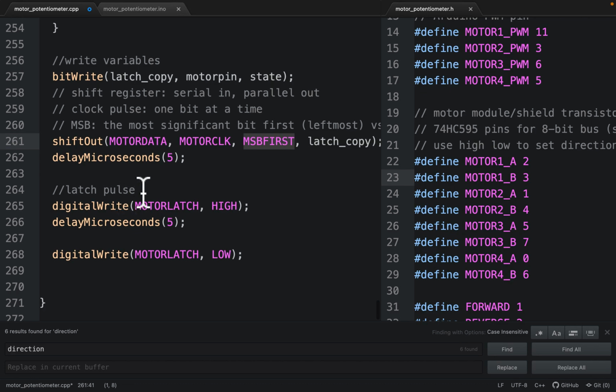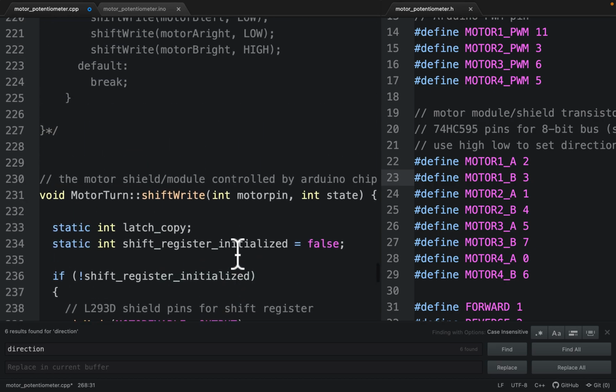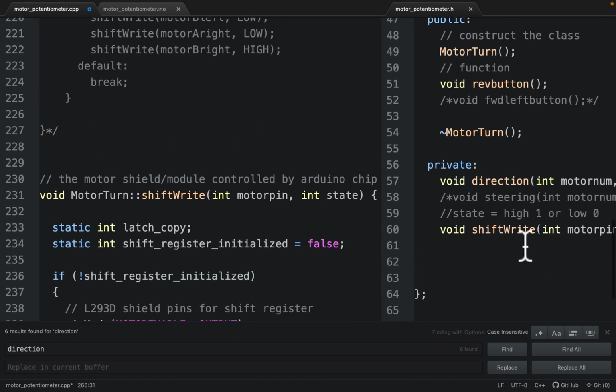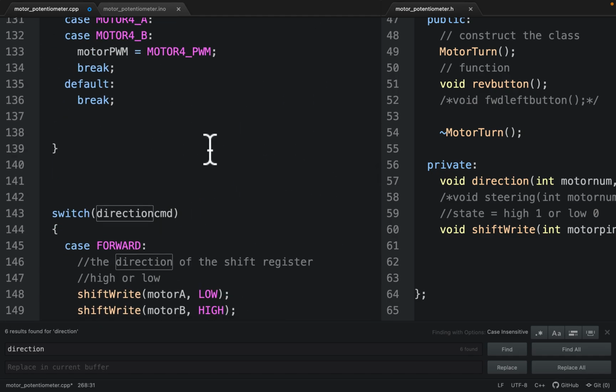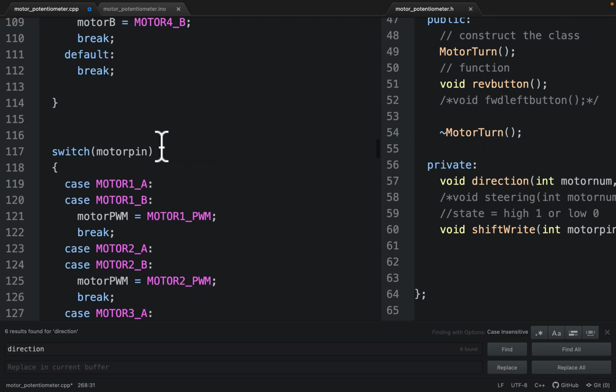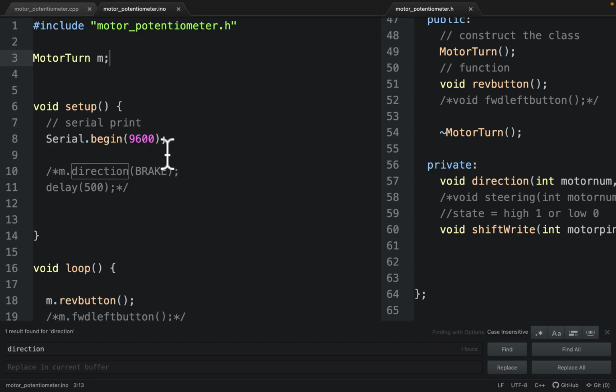And then we're going to delay 5 microseconds, and we have the latch pulse: put it high for 5 microseconds and then low. So these are our functions here, shift right, and we have our directions, and we're going to use this reverse button function up in here. So the last file we need is the .ino file, which is the one the Arduino